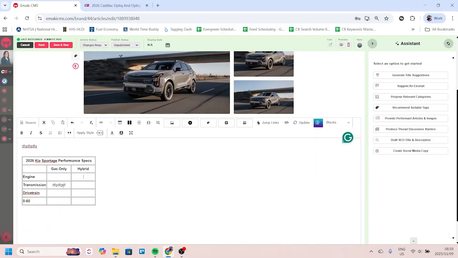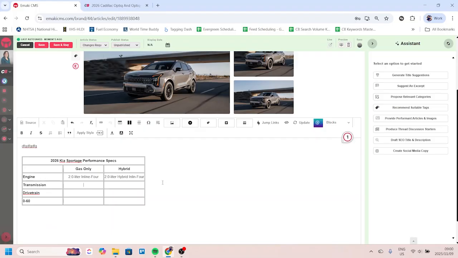Okay, then you can go ahead and type all of your information in here. I'm going to make stuff up so that you can see. Let's say this is a 2-liter inline 4, and this is a 2-liter hybrid inline 4. Please don't quote me on these figures. I'm making it up as we go along. Here we're going to say 8-speed auto, and here we're going to say CVT, and the drivetrain here we're going to say, let's say we have two drivetrain options here. Let's say that you could have a rear-wheel drive or an all-wheel drive version of this car,